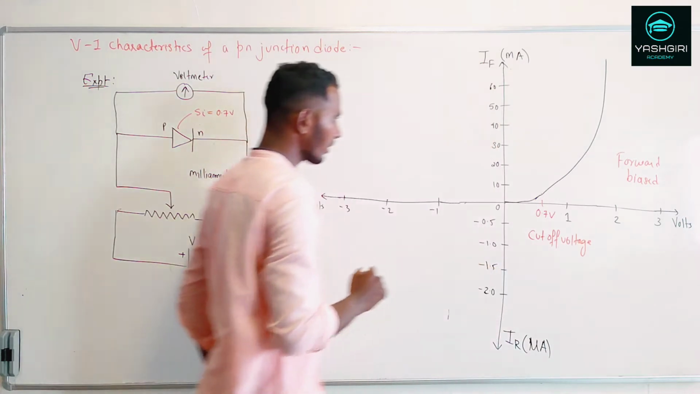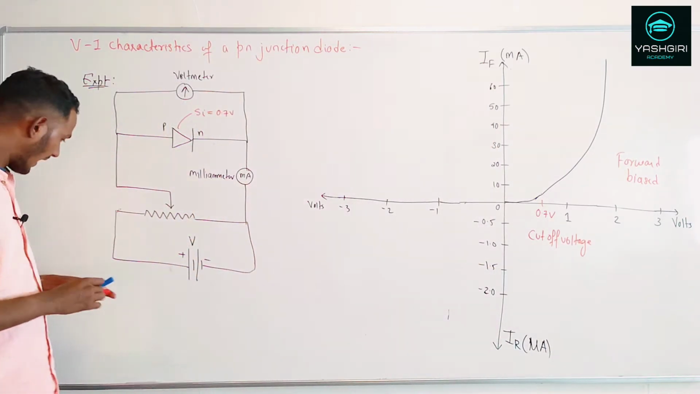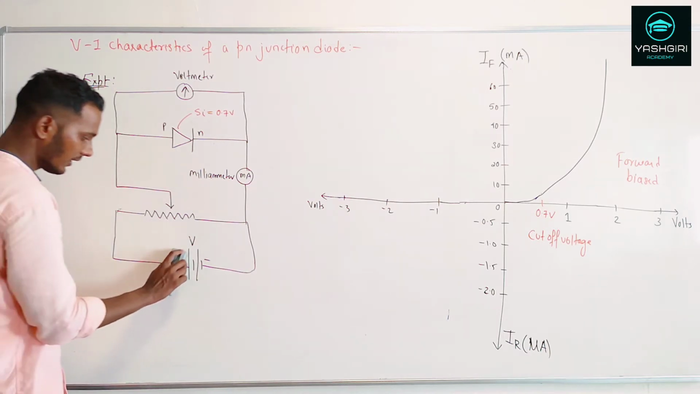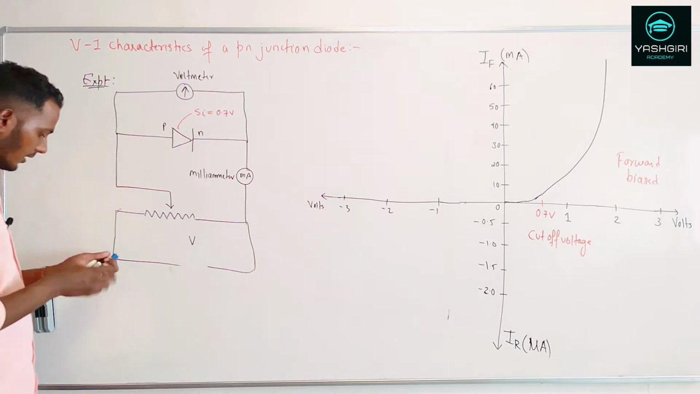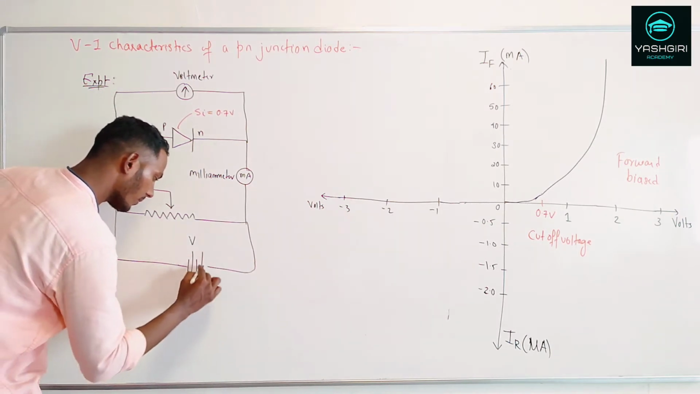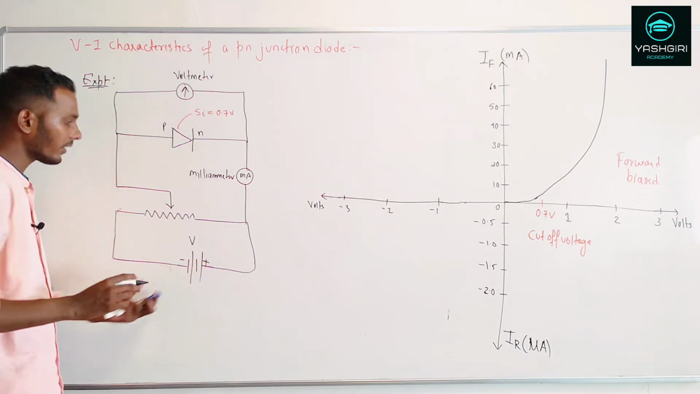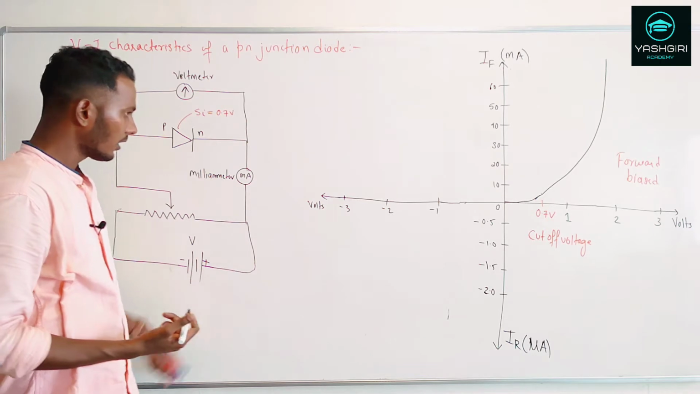Now when you want to do it for reverse biasing, what I have to do is simply change the polarities of this battery. So here I'll be getting negative, positive, negative, positive. So here when I do this, basically I'm reverse biasing this p-n junction. Now we know that